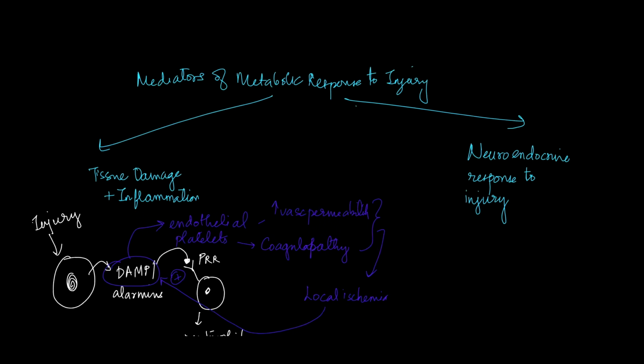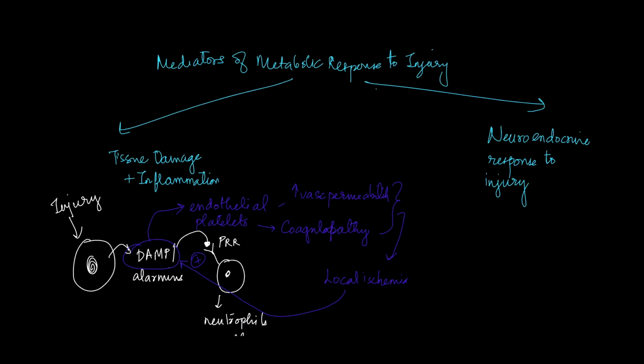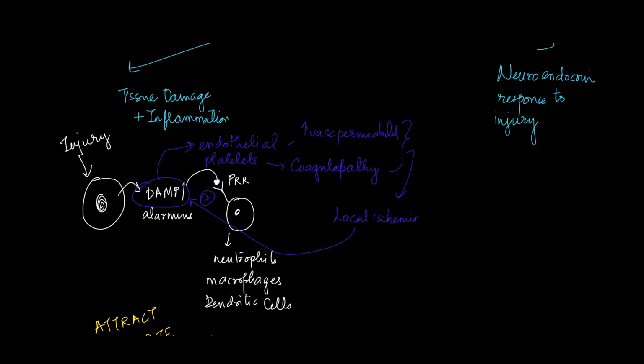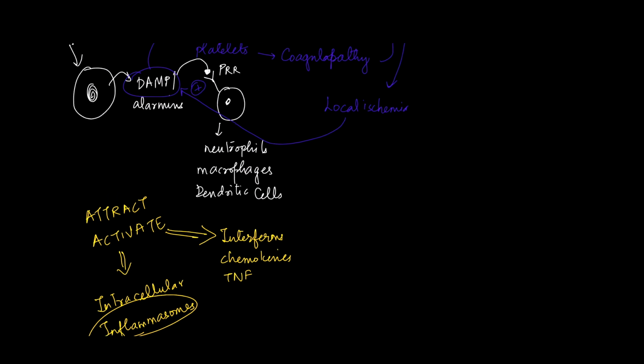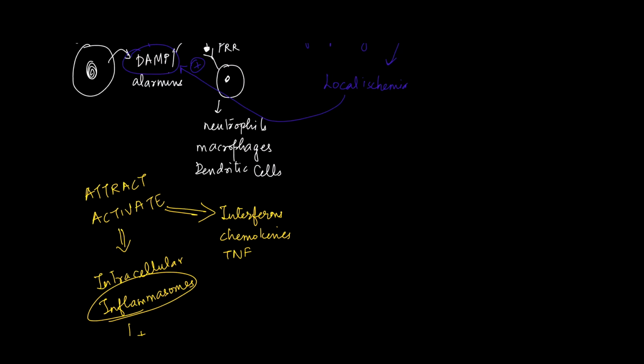So let us revise the tissue damage and inflammation pathway of the metabolic response to injury. Any injury will release damage associated molecular patterns, which can activate the pattern recognition receptors, which are located either on the cells of the innate immune system or on endothelial cells and platelets. It has certain effects in the form of attraction of other innate immune cells, activation of these cells, which leads